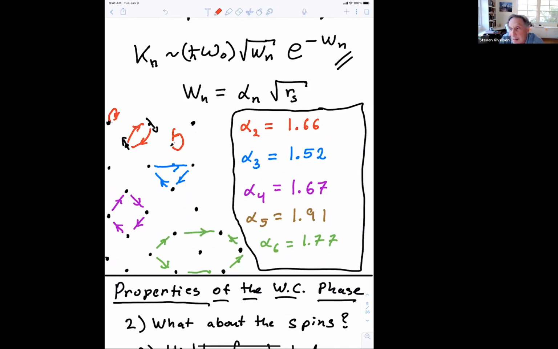One is they're all relatively similar to each other. This is surprising because, of course, the multi-particle exchange processes involve tunneling over longer distances. But on the other hand, these ring exchange processes tend to have lower barriers. It doesn't bring electrons close to each other, so the barrier heights are smaller, and hence many of these exchange processes are remarkably similar to each other. So that's the first thing to notice. And the second important thing to notice is that of these, the smallest alpha, that is to say, the largest exchange process in the large rs limit, is the 3-particle exchange.